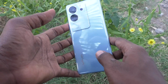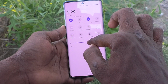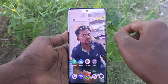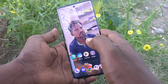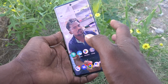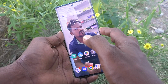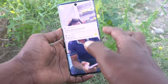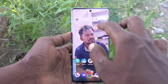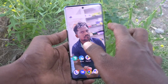Here is Vivo V29 Pro smartphone. In this video, you will learn how to turn off power button to lock instantly your screen. Okay. First of all, lock with power button. This is power button. Just if you press once, phone screen will be off and instantly lock will be applied. Okay. Suppose if you would like to turn off this power button to lock your screen, yes, you can do